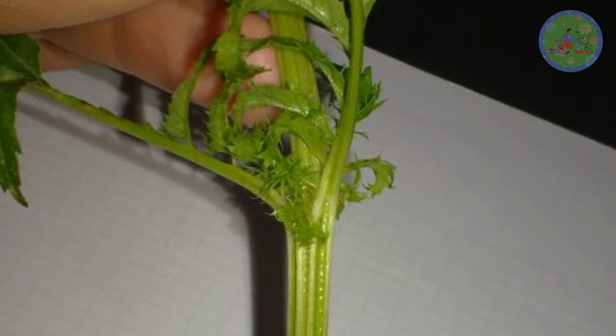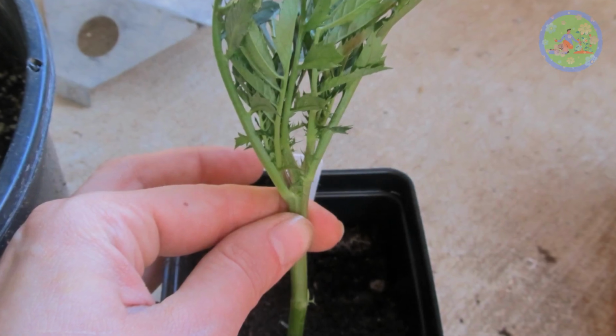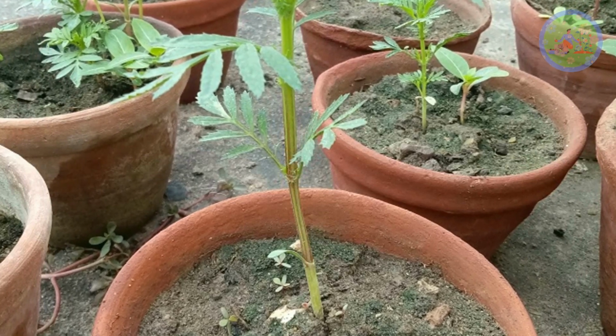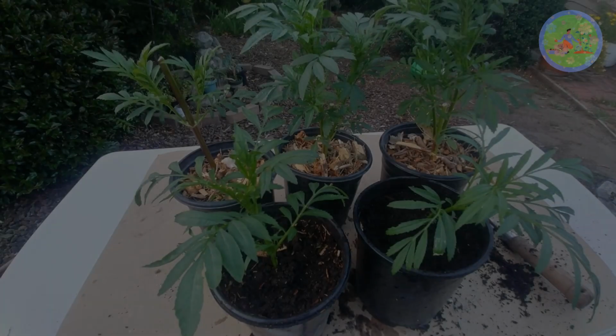Remove lower few leaves, dip in rooting hormone once, then plant in sand, about 1 to 1.5 inches deep. Press with your fingers to fix them to stand in sand. Water it and keep the medium moist always for 7 days, then transplant all of the cuttings separately in 6